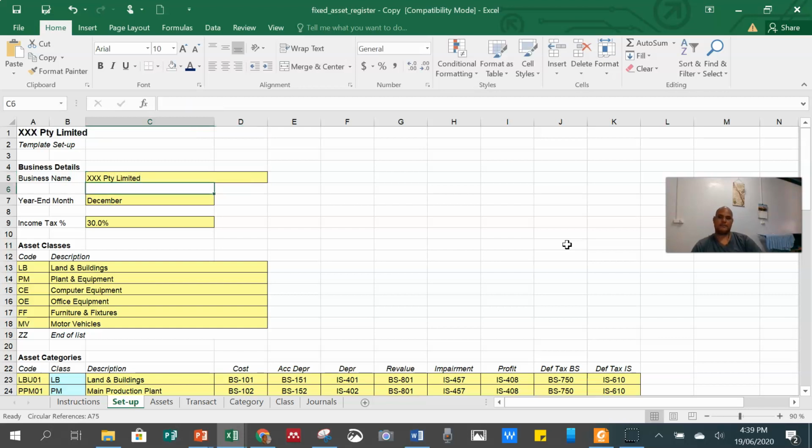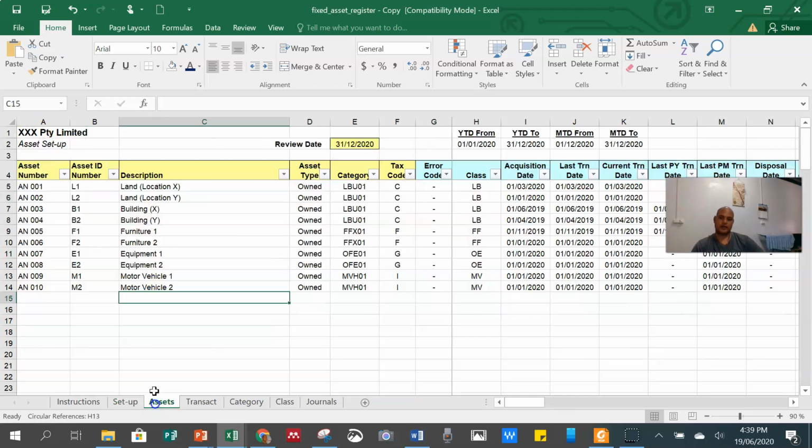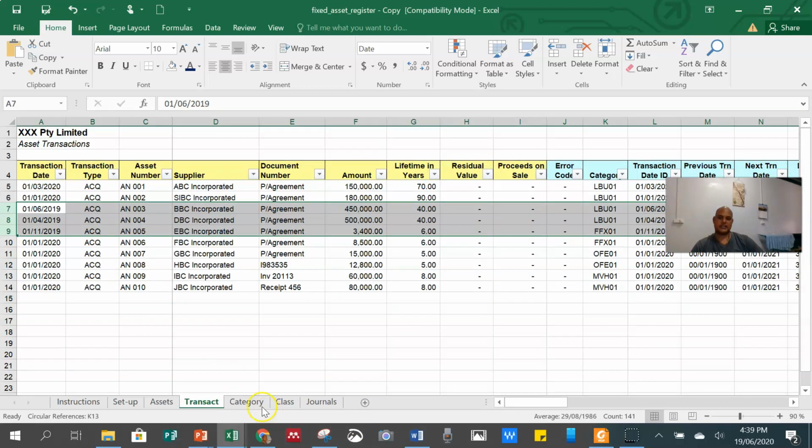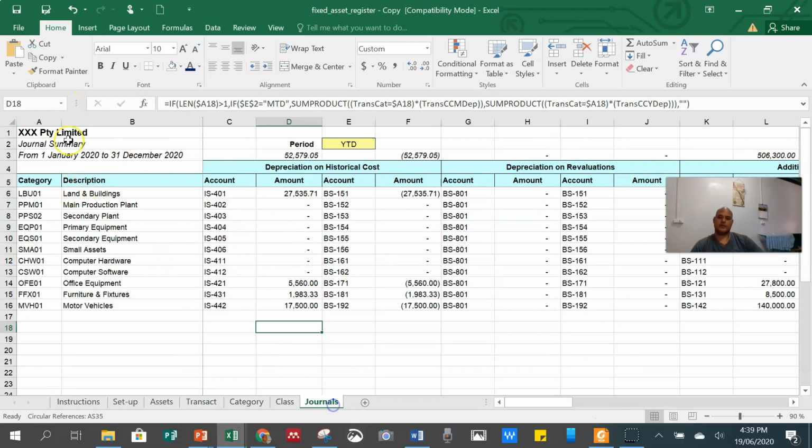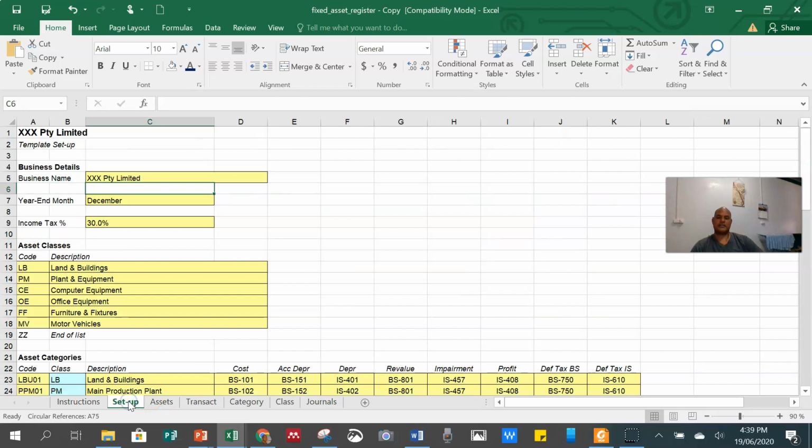Just an example. If you enter, it will change this heading here, and it will also change this heading here. And it automatically changes everything. Change this one, look at this, change this one, and also change this information. So this is what the setup page is all about.